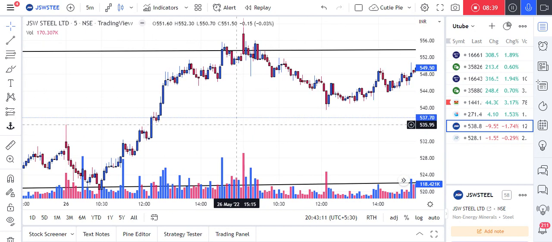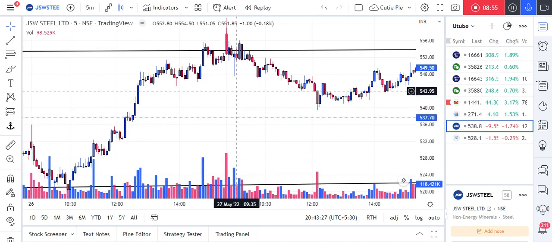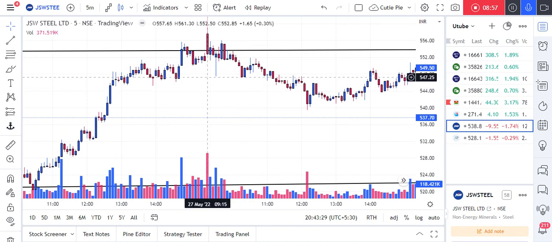So this is a very simple trade setup: you have to mark the previous 3 days high low, and you have to wait for the market to react on the marked level. The marked level will act as a strong support or resistance, and from the candle formation you can be sure where to buy or where to sell.